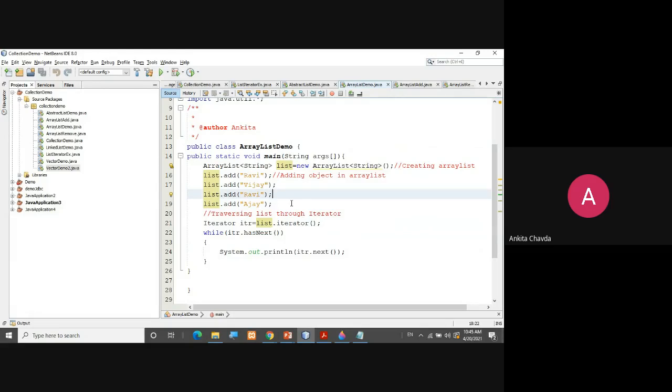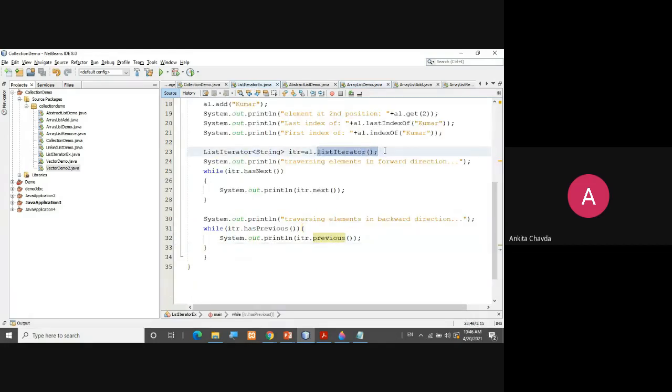So that is fine. And now we are traversing the list through an iterator, or you can even write it with the for each loop, right? So here we are doing Iterator itr equals list dot iterator. You can even call this iterator directly, or you can even use listIterator. Ultimately they are iterators, fine.